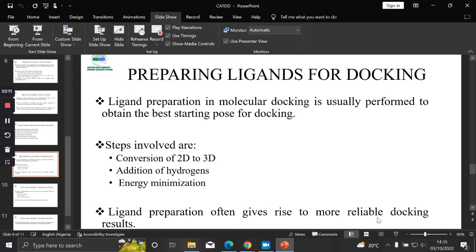Now, talking about preparing ligands for docking. We all know the concept of garbage in, garbage out. That is, whatever you supply is what you are going to get. It also applies in docking. If you start with a bad structure, you are going to get bad results at the end of the day. So ligand preparation is usually performed to obtain the best starting pose for docking, and the steps involved are the